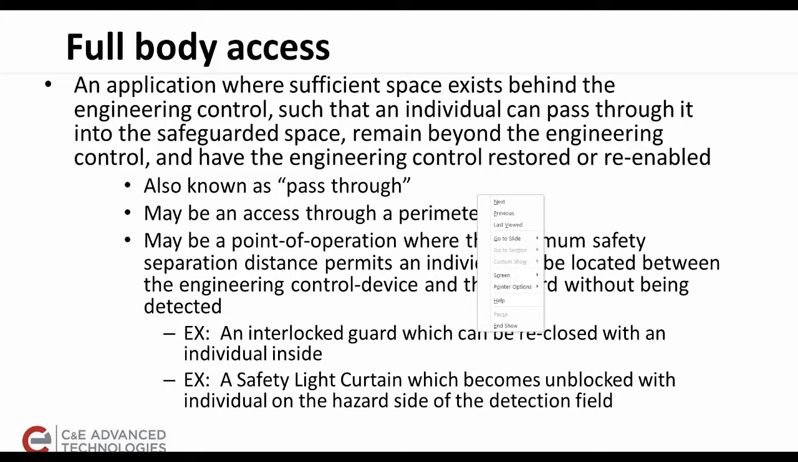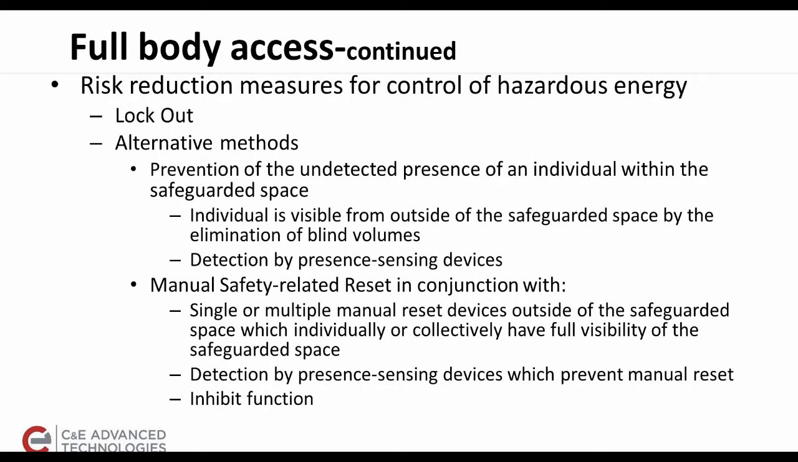This may be an opening in a perimeter guard where it's pretty well understood. However, there's also a point of operation where the minimum safety separation distance was such that an individual can pass through, for example, the safety light curtain and stand on the hazardous side of the safety light curtain, and the safety light curtain can be reclosed. Similar, it'd be where an interlock guard can be reclosed with the individual inside. Those are considered full body access and require manual resets with